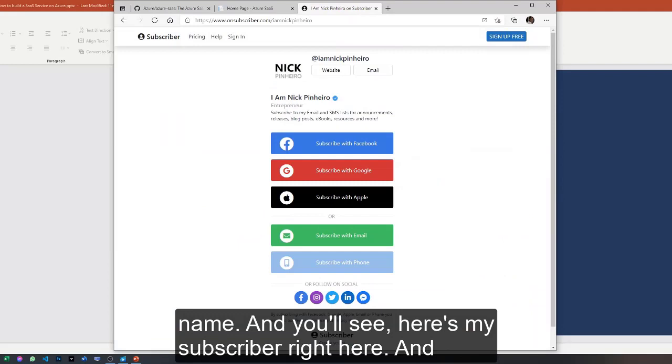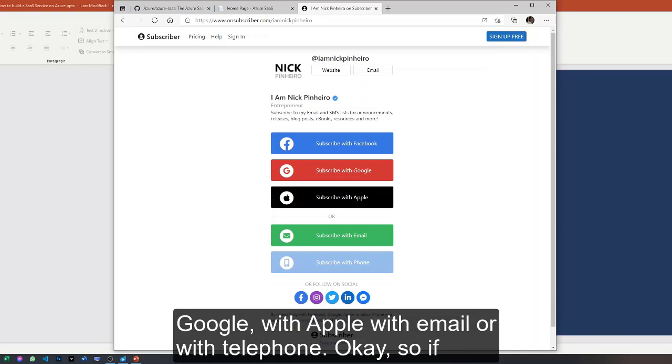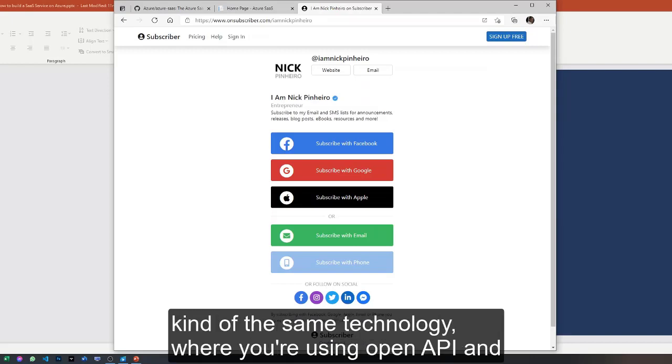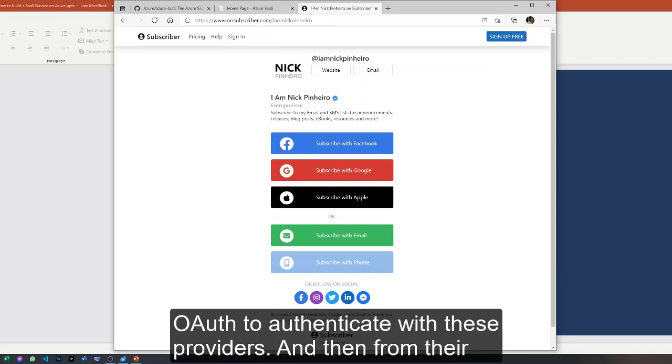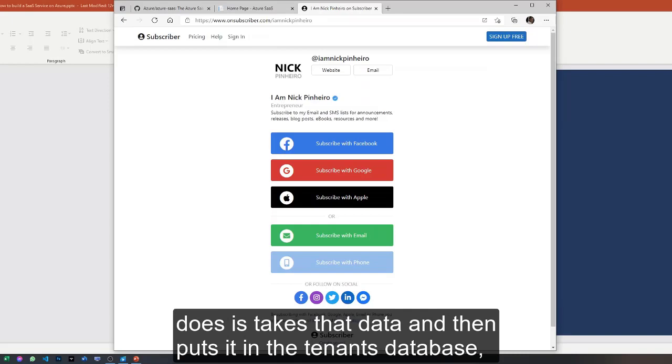And you'll see here's my subscriber right here, and people can come here and subscribe with Facebook, with Google, with Apple, with email, or with telephone. So if you've ever used or have been aware of Azure AD B2C, it uses kind of the same technology where you're using OpenID and OAuth to authenticate with these providers, and then from their graph APIs, you're getting back their data. And what Subscriber does is take that data and then put it in the tenant's